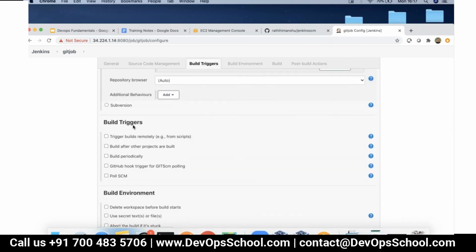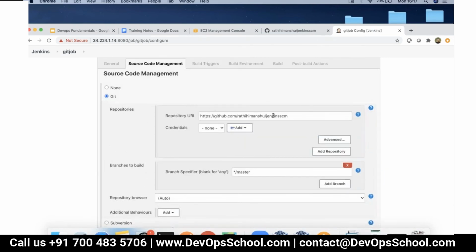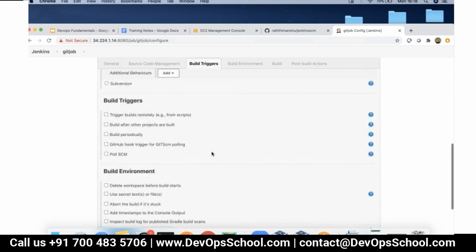Now how do you want to build it? Once you have defined the git repository, what it really does is it will automatically do a git clone on this GitHub repository. Now when it does the git clone, all the source code which is available in it will automatically be copied locally. Okay, once it has copied locally, what do you want it to do?